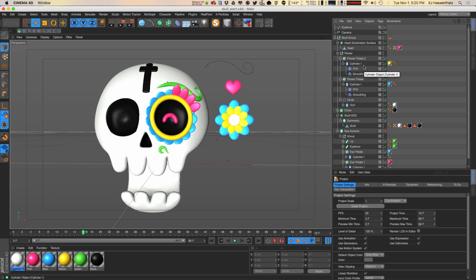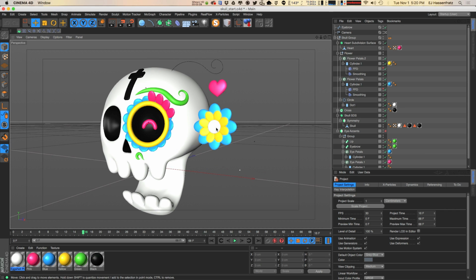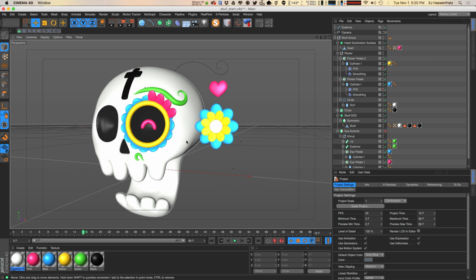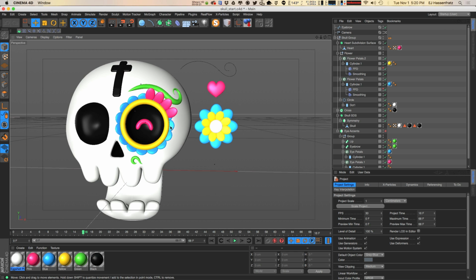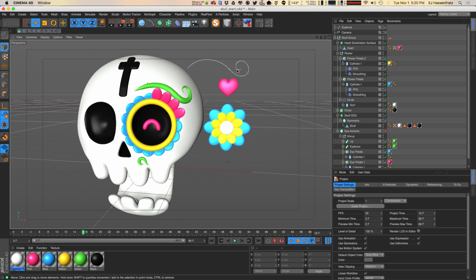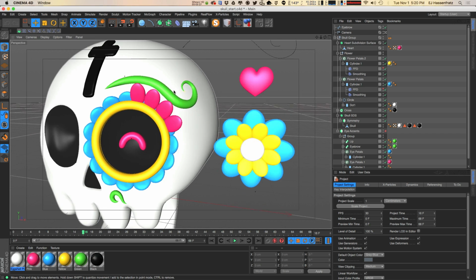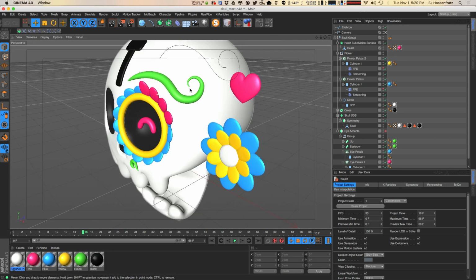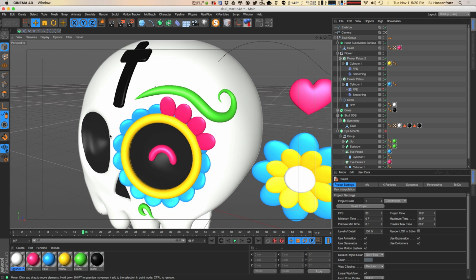Let's dive right in. Alright, so we're going to get to decorating our little sugar skull here. We're going to put some little cutesy flowers and hearts and all this kind of stuff on them. And basically what I'm going to be demonstrating is 3 different ways that we can align these objects along the surface of this skull. And not only just objects, but how to conform splines to a shape like this little eyebrow, as well as how to actually conform and bend an object along a surface like this little